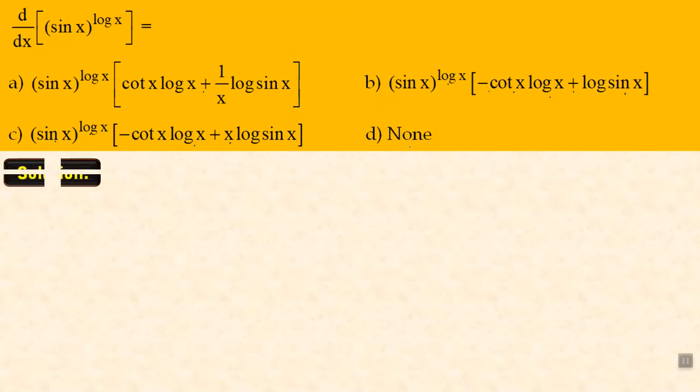Let us find this. D by dx of sin x whole power log x